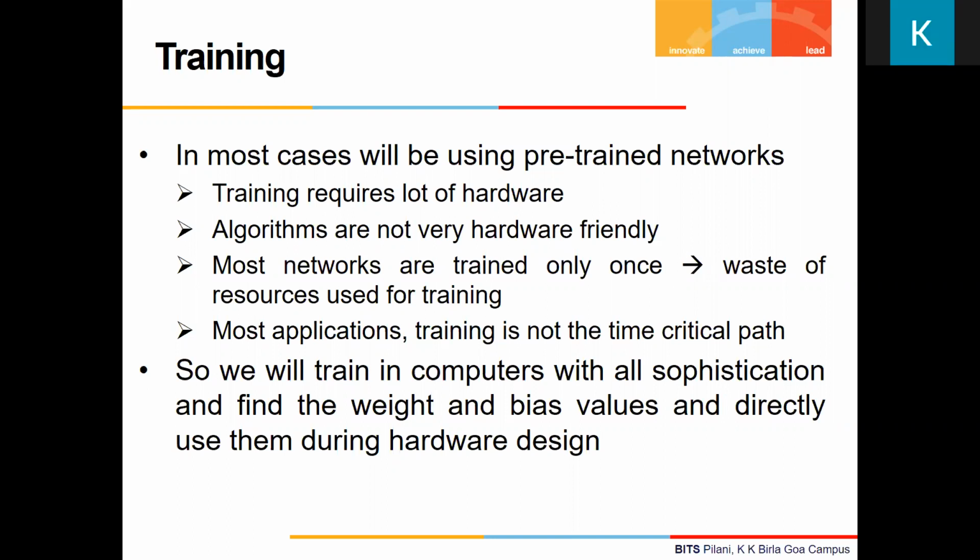And usually you'll have a set of data for doing this training. And the training usually happens only once. And once you do training, you get the weights and biases. That's it. After that, there is no need of the circuit which is used for training. That's a waste. You just need these weights and biases. So because of that, again, it might not make sense to implement the circuit for training in hardware.